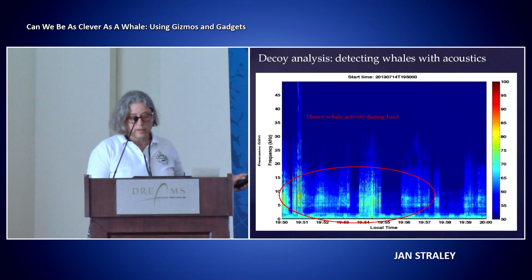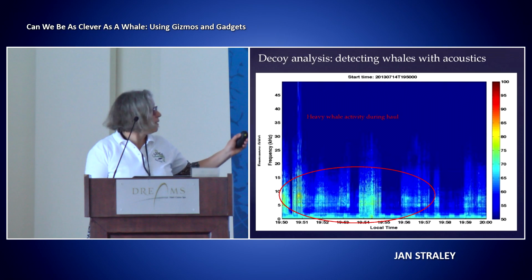And these are some other plots from recorders on the fishing gear. And basically there's minimal to no whale activity. And here's some other plots from recorders on the fishing gear. And the top plot,